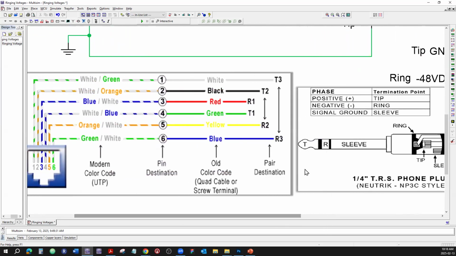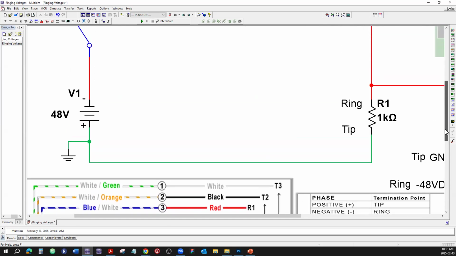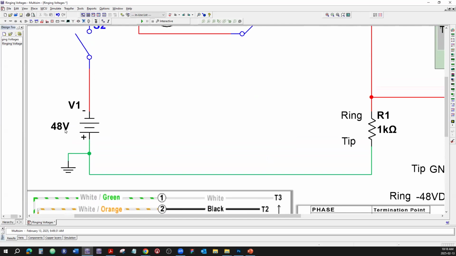But the tip is connected to the ground. So the ring is negative with reference to the tip, and it means it's negative with reference to ground. Look at how things are connected here. Here's the battery. So here's another terminology